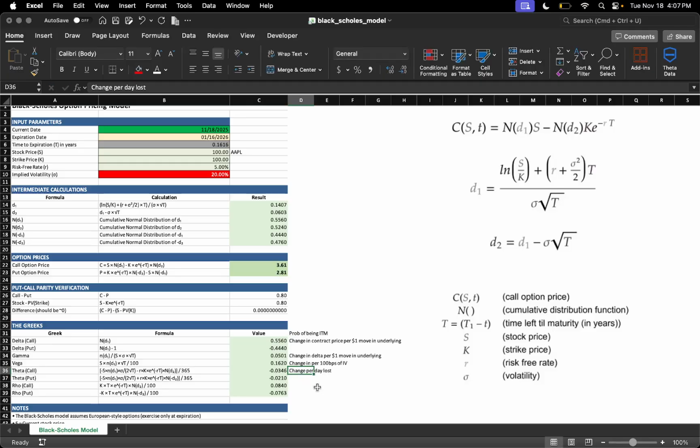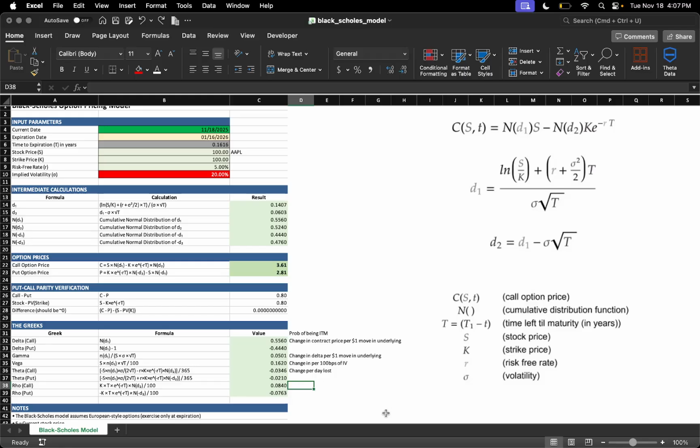So we're going to lose 3.5 cents if the day increments to 19. 19, boom, you see? Nothing else changed, of course, right? The risk-free rate didn't change. The implied volatility didn't change. I'm just doing this to show you the impact of things. So it went down by 3 cents. And